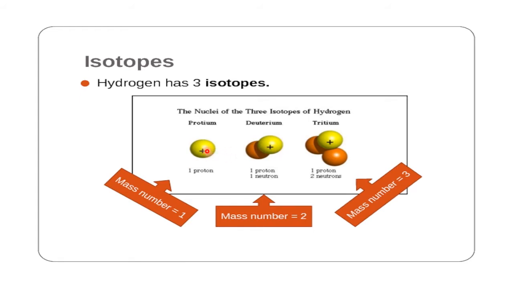Because it is maximum, protium is also called hydrogen. Hydrogen means protium only, the main isotope of hydrogen. Deuterium is a little lower in percentage, hardly or in trace amount. Tritium is radioactive because in the nucleus the proton-neutron ratio is not suitable for normal conditions. So the nucleus of tritium is unstable and radioactive. What happens to radioactive hydrogen we learn under the separate chapter nuclear chemistry in the higher class.